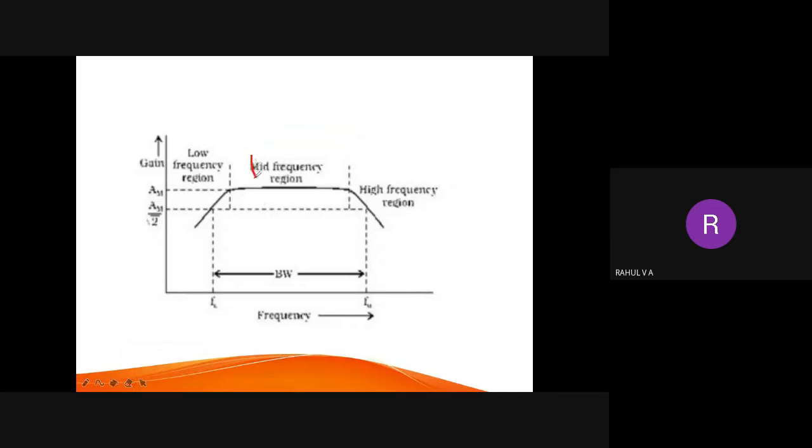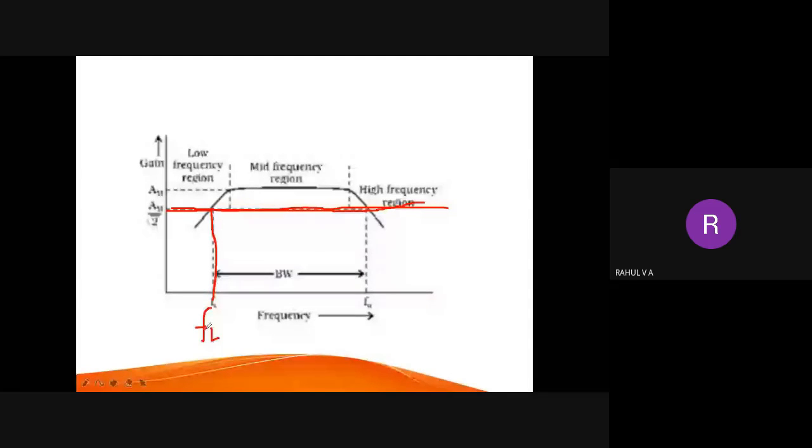What they have done is, this is the peak frequency. This constant line is the peak gain. They have reduced 3 dB from this. That is, gain is in terms of decibel, so 3 dB down from this, or they have divided the total gain by root 2, and they have marked a line. The point at which this line touches this curve is marked here, and this is selected as FL.